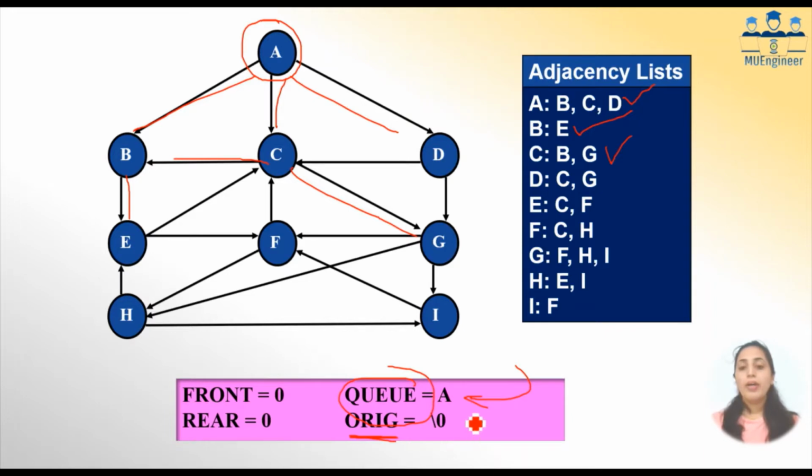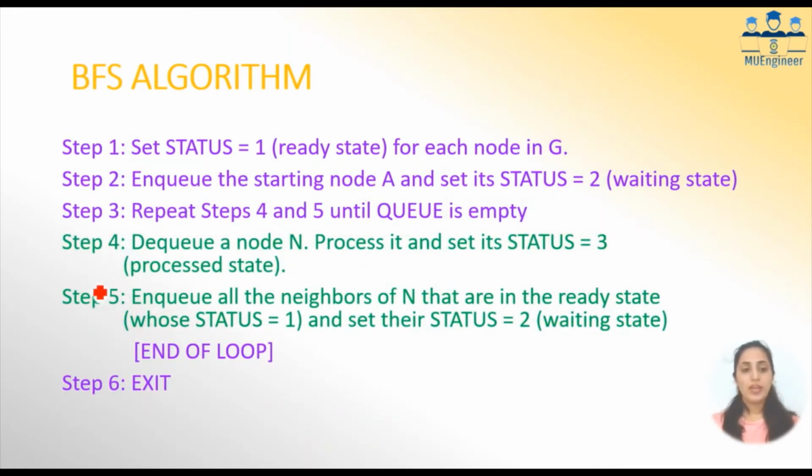Okay, now I have only one element in my queue. If my queue is implemented using arrays, A is stored at location 0 in my array. So the queue's front is 0 and rear is 0. Okay, now I will enter the actual loop here. So here we can say we are entering steps number 4 and 5, and we go in a loop for all the steps ahead. What I'm doing is, I have to dequeue A, find its neighbors and enqueue them.